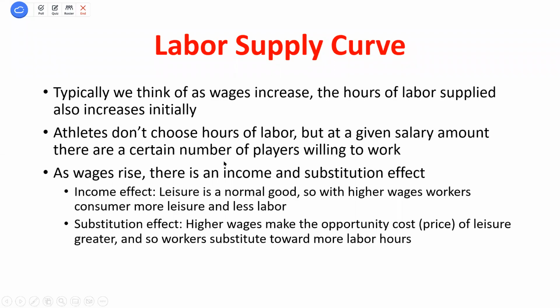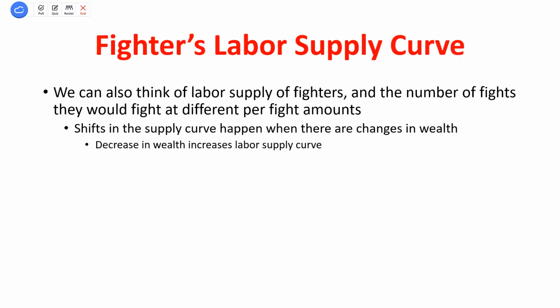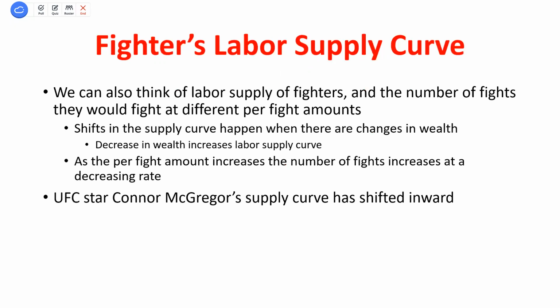There we go. I have that labeled out, or just written out a little more of what I was saying, the models we're looking at. We've got two effects going on: the possibility we get this backward bending labor supply curve. I already thought about this. If I'm getting more per fight, my wages are going up, my wealth level is higher, I might hit that backward bending point of my supply curve.